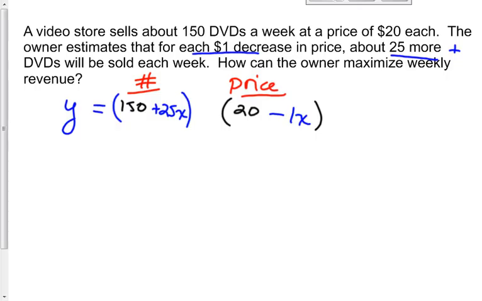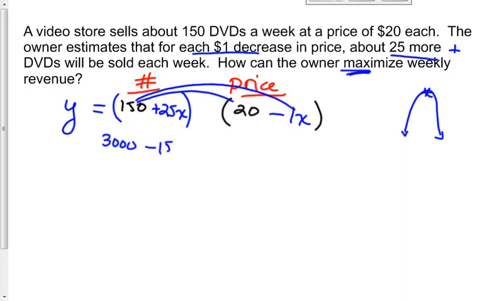If you're maximizing something, that means I'm going to have a parabola that's going to face upside down, because that is my maximum. I need to figure out how I can get a maximum revenue. So let's start by doing FOIL on this. 150 by 20, and again, you'll have a calculator available for these, so this is where you want to get your calculator out. 3,000